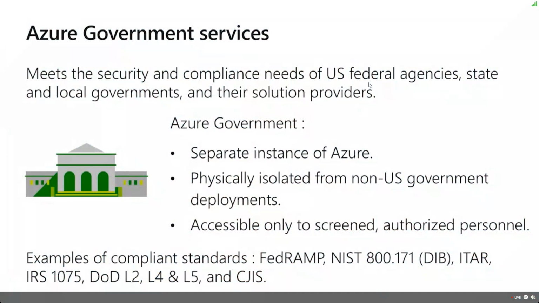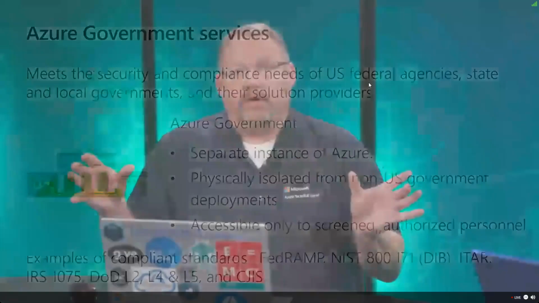I can't use the government cloud. You may not be able to use the government cloud. Why? You have to go through a vetting process. You have to be screened and authorized. But some of our customers that have both a public side of a business, like some of our airline companies and some of our manufacturers, they have a public side of the business, but they also have government contracts. Sometimes some of those organizations will span both.